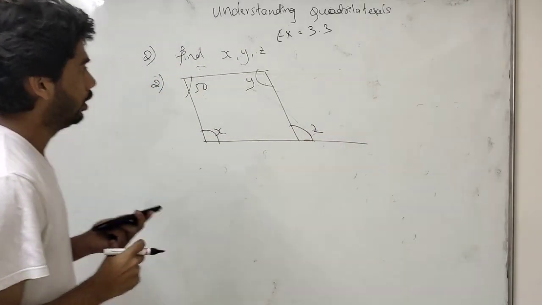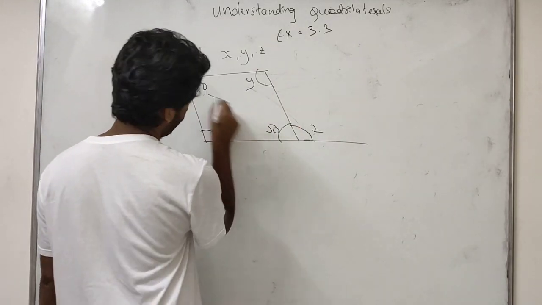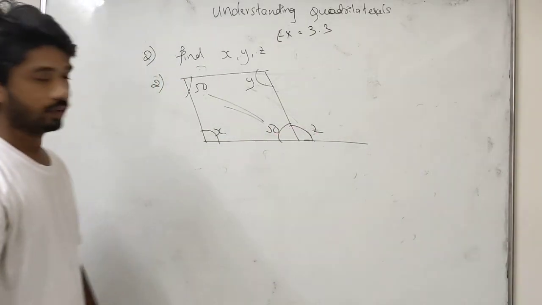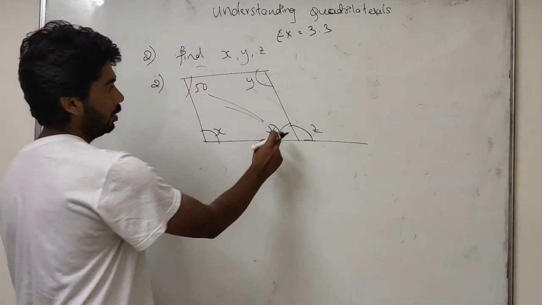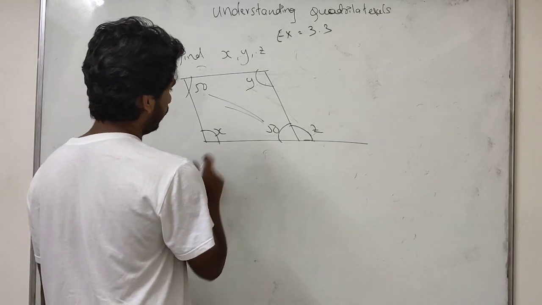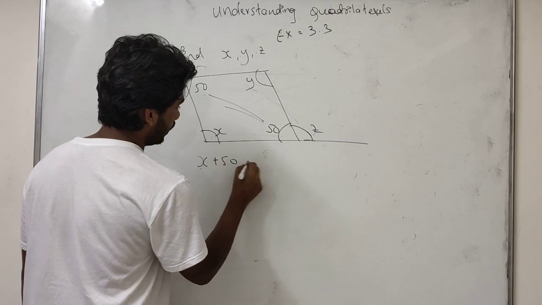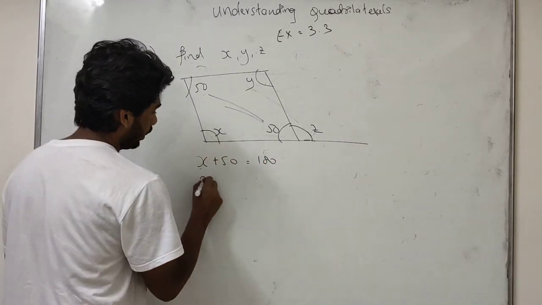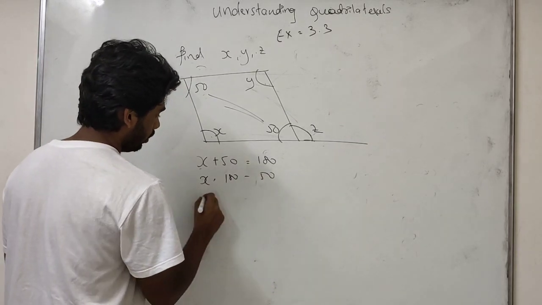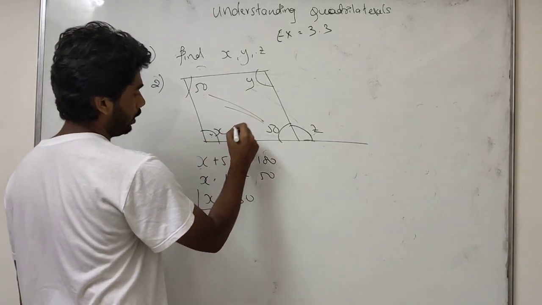Okay students, here this will be 50 means opposite will be angle. So here 50 means here will be 180 degree. So what will we take it? Otherwise you take this both. Alternate angles will be 180. So x plus 50 is equal to 180. So here again x is equal to 180 minus 50. So x is equal to 130. Angle x is 130.